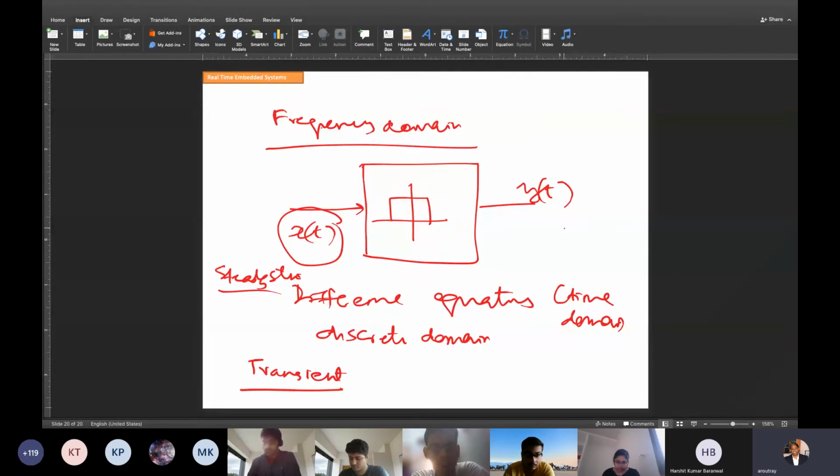Suppose there is a 10th order digital filter, FIR filter, 10th order. If the signal changes, how much time will it take to settle? Suppose in this particular case, there is a 1 kilohertz sampling frequency, and the order of the filter is 10th. How much time will it take the output to settle? If there is a transient in the input, transient means step change in amplitude, step change in frequency, some disturbances, one spike, how long will the transient last in the output?